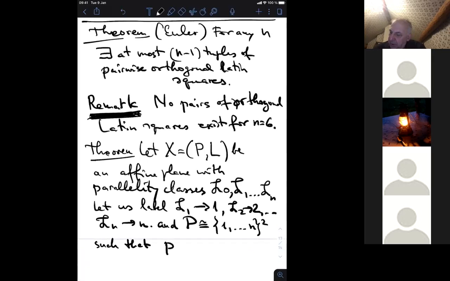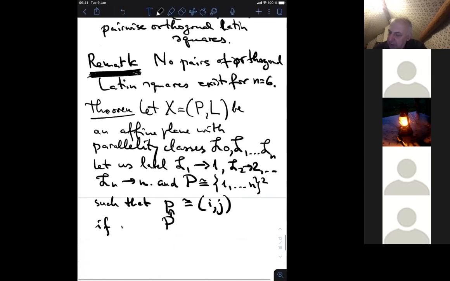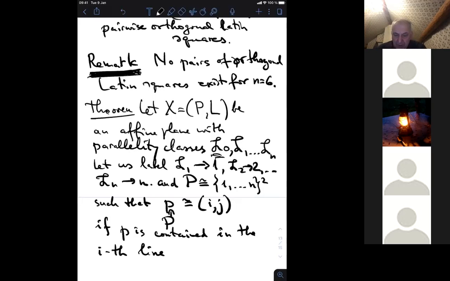We'll call a point small p in capital P identified with a pair ij if p is contained in the ith line of the first class. Note that we have reserved our first class capital L naught